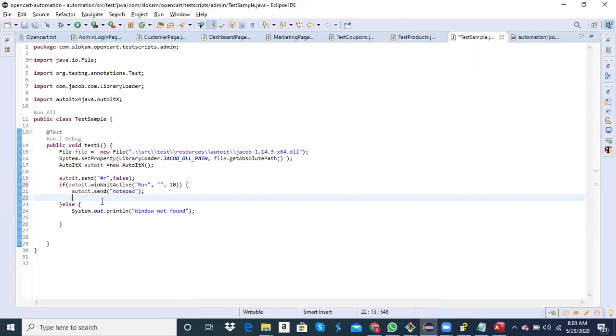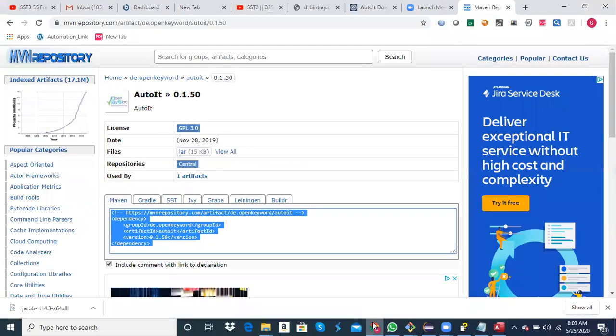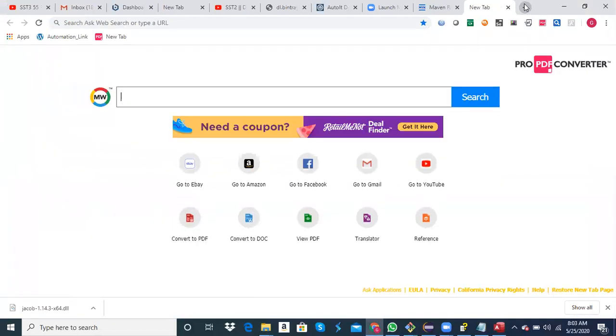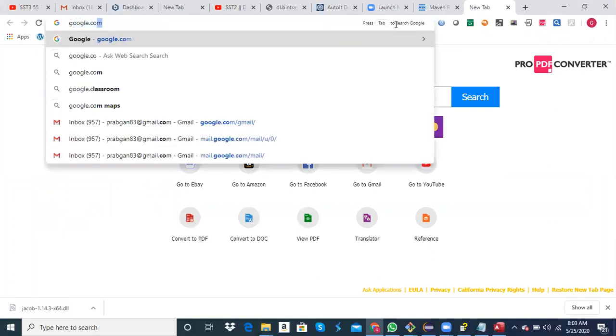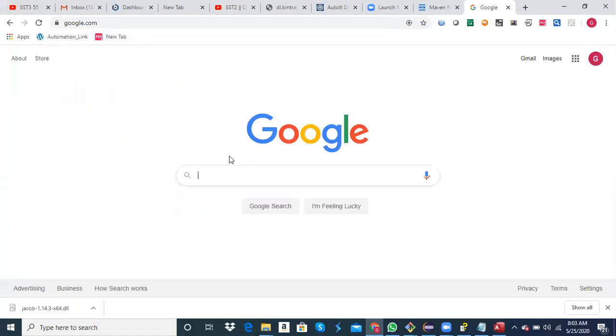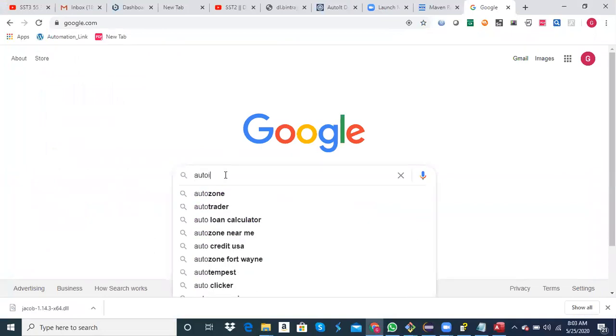For that you have the AutoIt documentation available where you can get all the operations that it performs. So using documentation is very important.